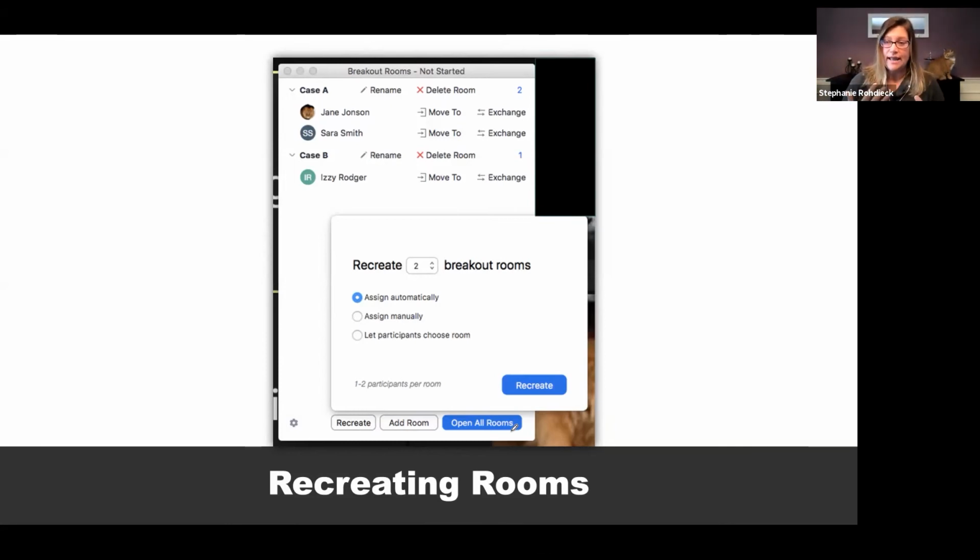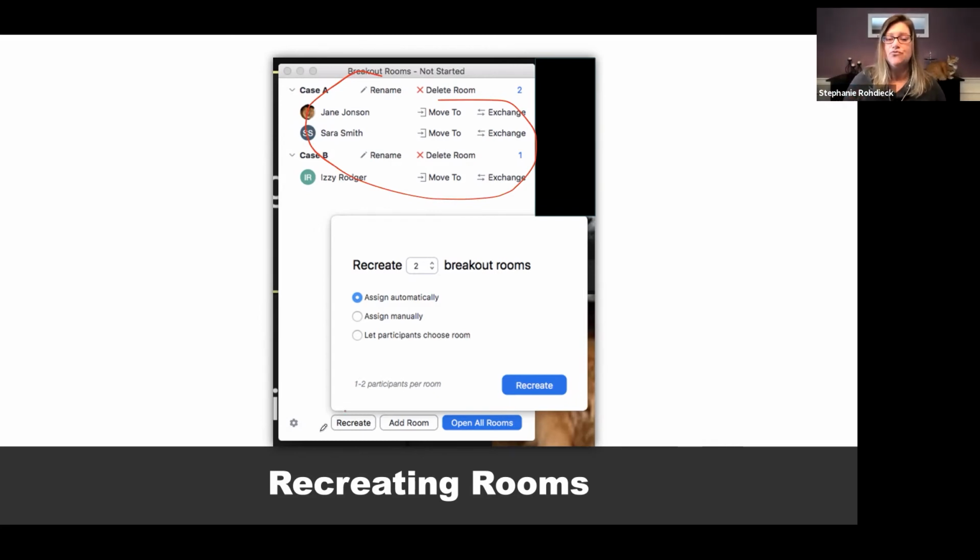You can recreate or use the same rooms again in the same session. So if you want to have groups meet up several times or even just twice, and you want it to be the same groups, when you click on the breakout room, the little window pane thing, what's going to show up is the list that you already had. So it automatically starts here with this list because this is the room setup I just had in the previous one. So you can then just open all the rooms and then they're back to their same groups.